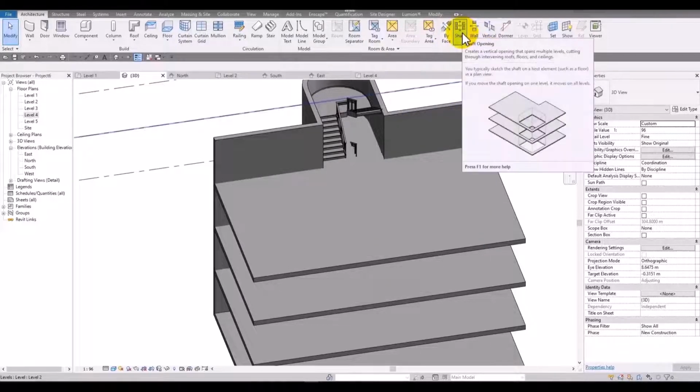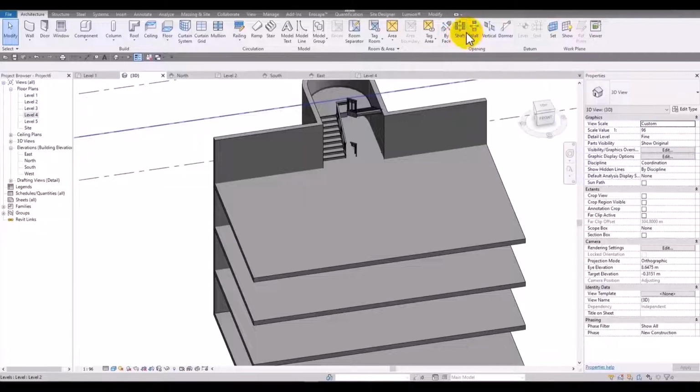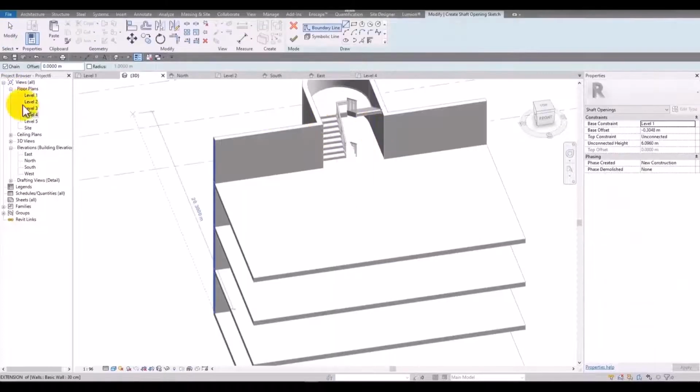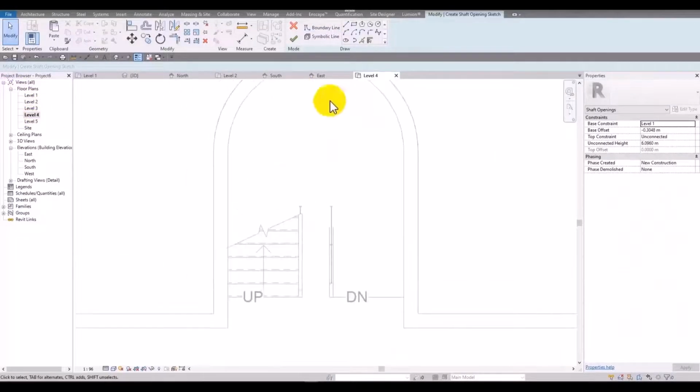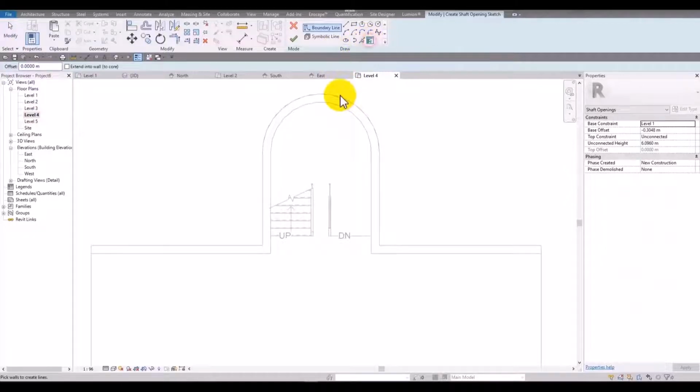As you can see, when I put the mouse on it, it shows this process which we can have a path through some levels. You just need to draw the plan and you can select the levels to subtract this through the levels. I select the shaft in one of the levels, exactly this shape, pick line,